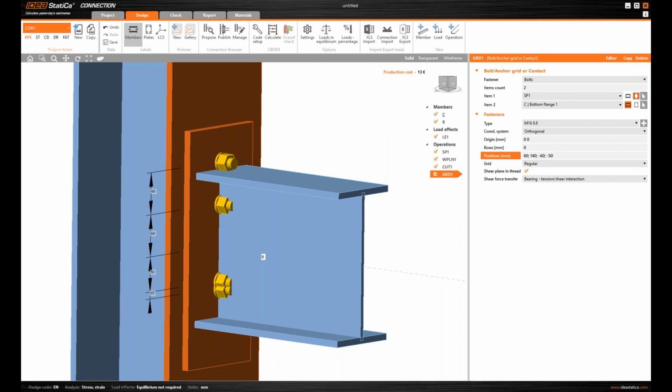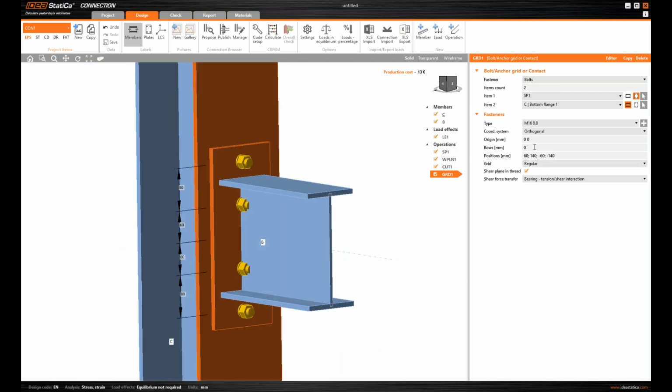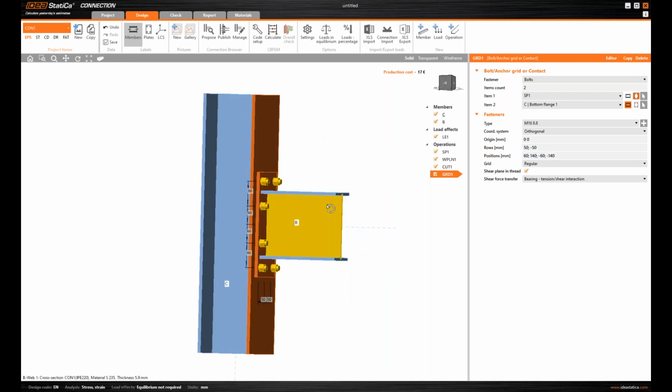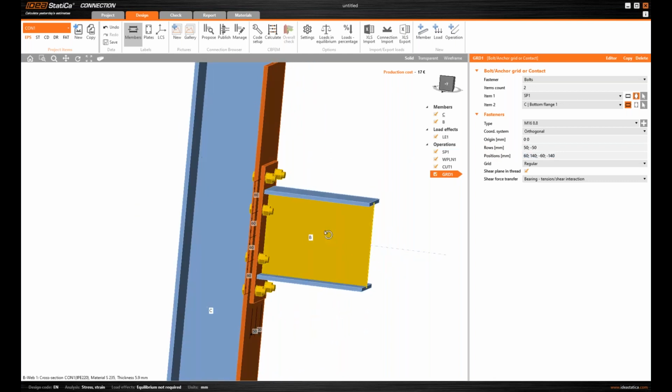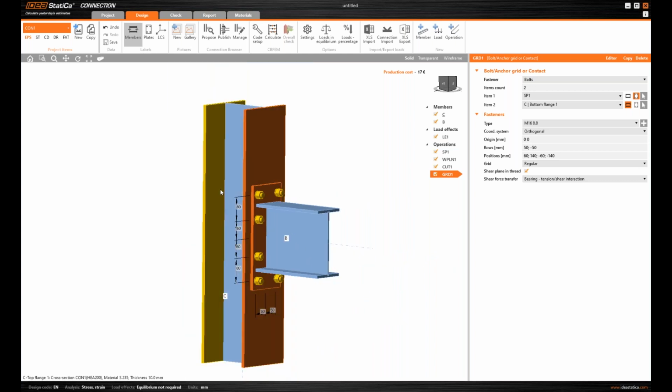That's it. Okay, and the other direction. So maybe like 50 and minus 50. Yeah, could be. Okay, I have my bolt grid there, and what's left is some stiffeners inside the column cross